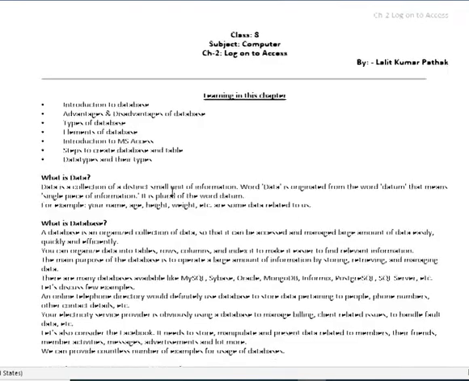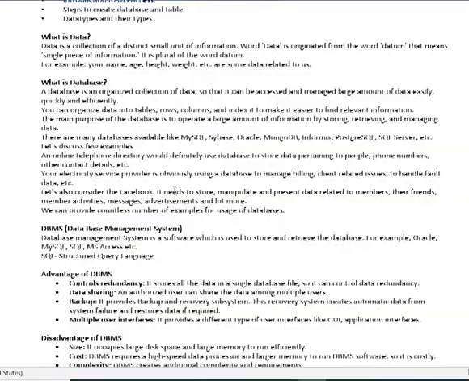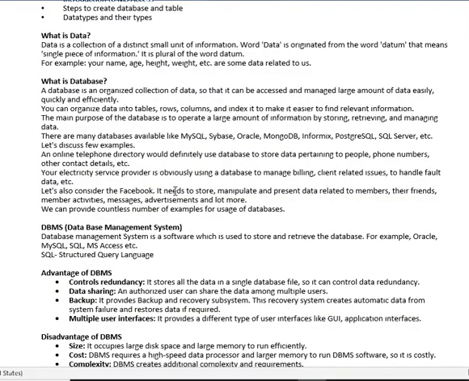So let us start. Data. Data is one of the most important and the smallest unit of information. It is a single and smallest unit of any type of information. Data originated from the word datum, which means a single piece of information.